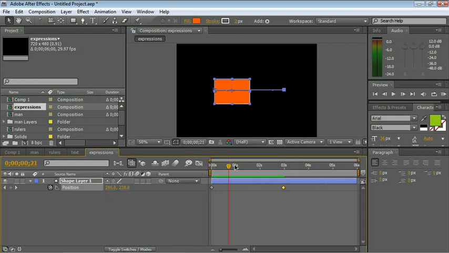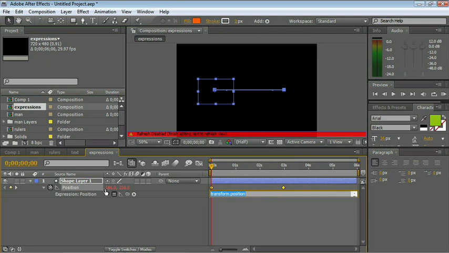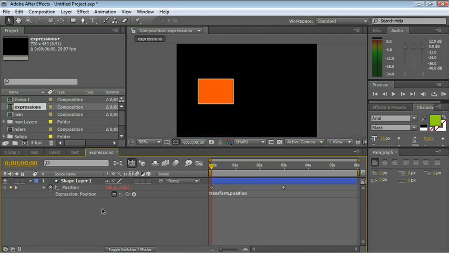Now, to enable the expression, all you need to do is press and hold the Alt or Option key and click on the stopwatch. A couple of things happen. Your numbers turn red. You see a little text box here. And "expression: position" appears here on your layer. As soon as you click out of there, the little red line here at the comp panel will disappear and you will be able to work with your expressions. To disable the expression, press and hold the Alt key and click on the stopwatch again,